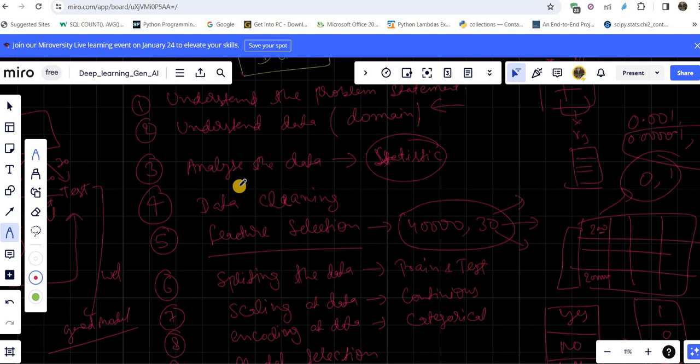And I want you guys tomorrow, I will solve a fresh dataset in front of you, and then I will give you a fresh dataset to solve on your own. You can take help from ChatGPT or whatever it is, but take help as minimum as possible. I mean, take help for the coding. Let's suppose you understood that now I have to perform splitting of data, but I don't know the code. So in GPT, ask it to write code for splitting data into train and test for machine learning. You can use that, but you have to build your thinking about what I have to do after that. Okay, like this. Once your thinking has been built, writing code is not a tough part. It is easily available everywhere.